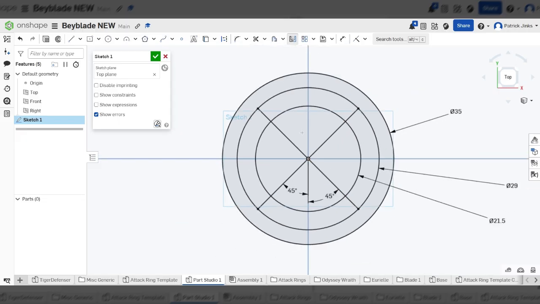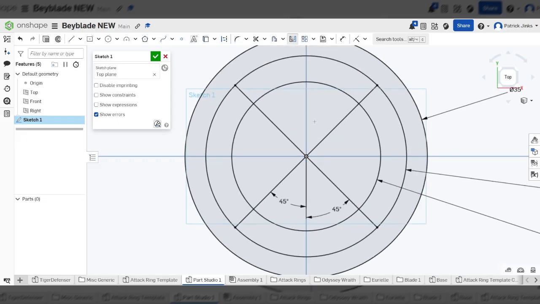Okay, we're going to get rid of most of this now, especially the inside bit. So grab your trim tool, and all you can do is click and drag with your trim tool, and you're going to just get rid of 1, 2, 3, 4 of those innermost, that X in the middle. As you can see, this is what we talked about when we talked about intersections. You can see I've got these lines left, which is what I want, and all I'm going to do is trim this arc here,